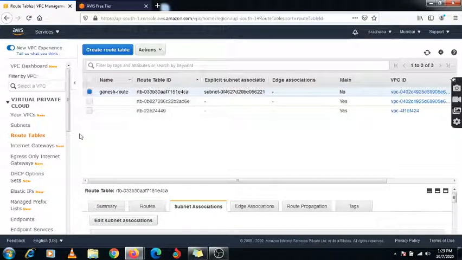Now we have done all these settings for our VPC. These are the prerequisites you need to specify while creating any VPC in your organization. Under this VPC we create our instances, either Windows instances or Linux instances. In the next video we will create some EC2 instances and attach a NAT gateway. We will discuss the NAT gateway in the next video. For the time being, thank you guys, thank you for watching this video.